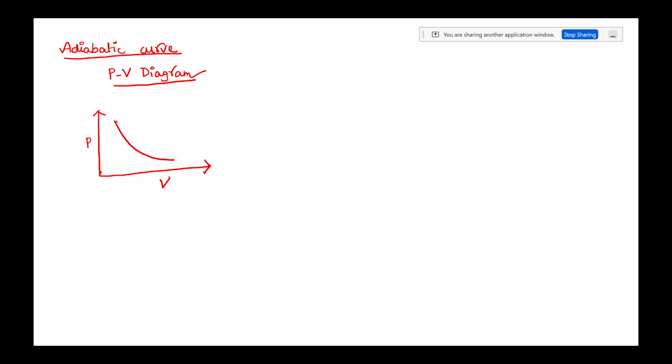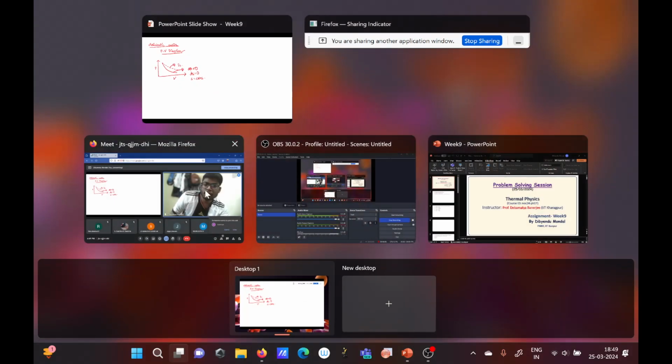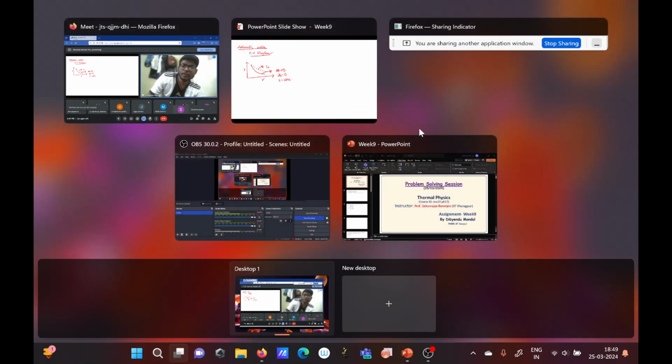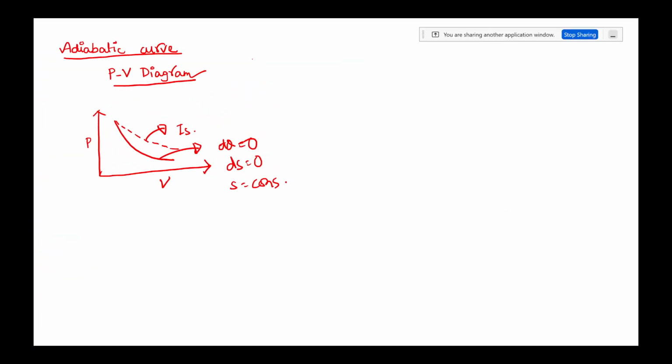So if you write, this will be isothermal, this will be adiabatic. For adiabatic, dQ is equal to 0, that means dS equal to 0, that means S is equal to constant. We will use this fact for our calculations. Okay, so for TS diagram,